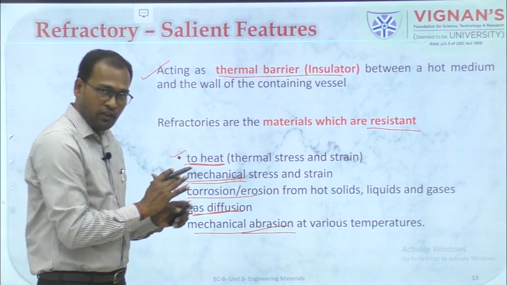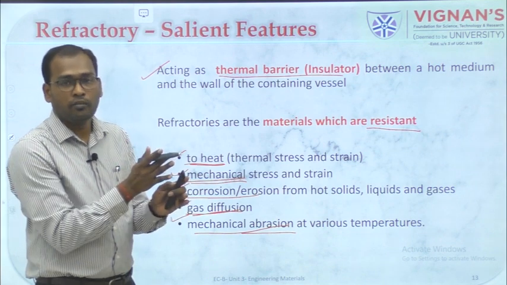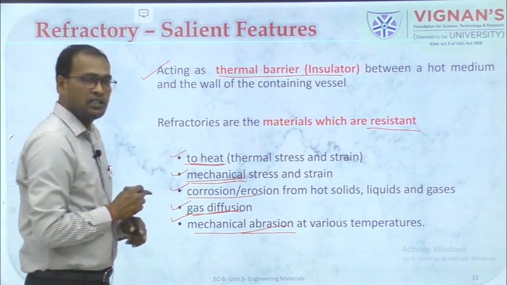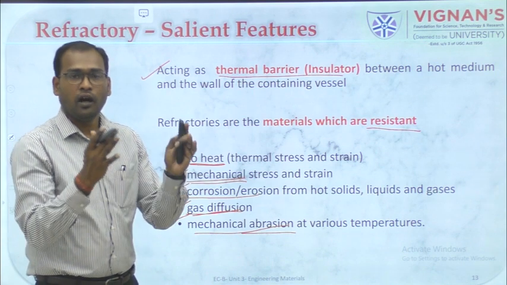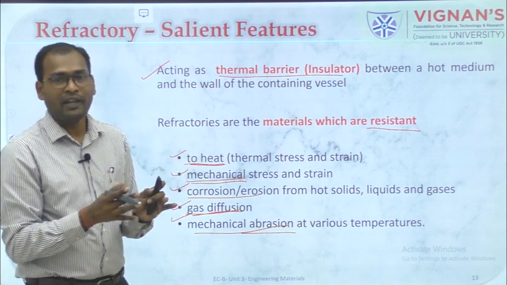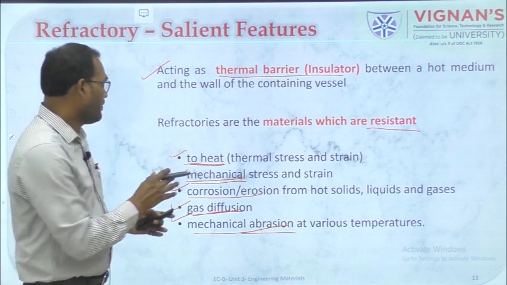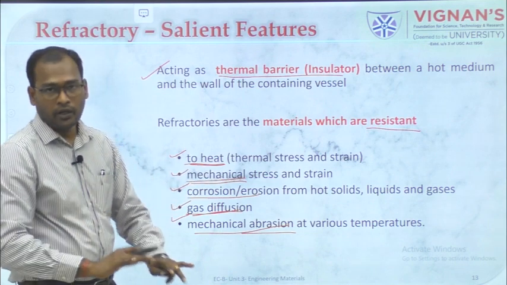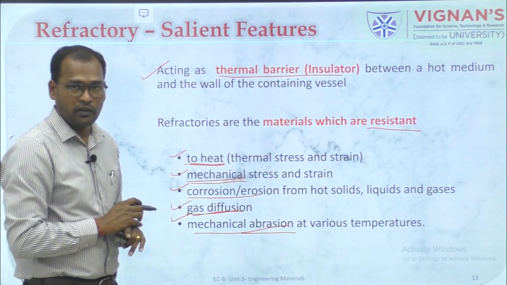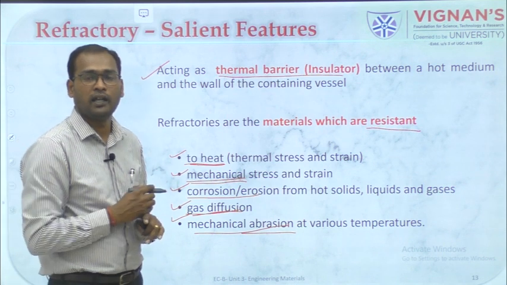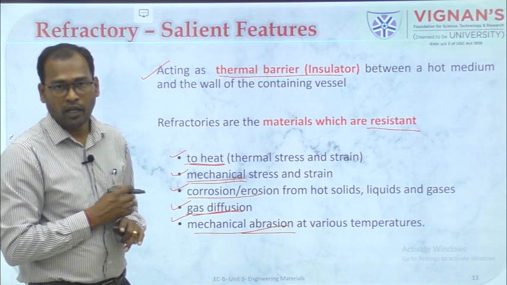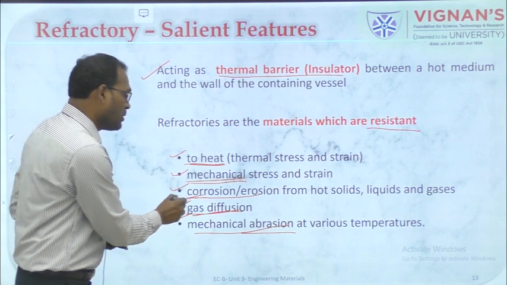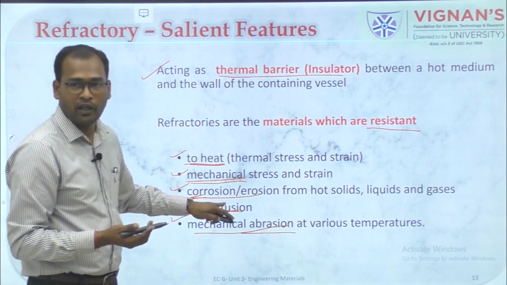It will resist the flow of heat, where heat cannot be conducted from one layer to the other layer. Mechanical stresses: there is a chance of the outer surface getting deformed when high temperature is used, but when you use refractories, these mechanical stresses will be reduced. And corrosion resistant, if you remember what I said earlier in one of the slides, because of their very strong ionic bond, they resist chemical reactivity, thereby corrosion by chemicals or any oxides will be very, very low.